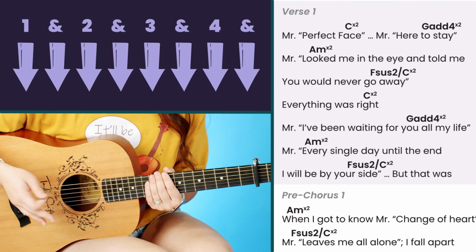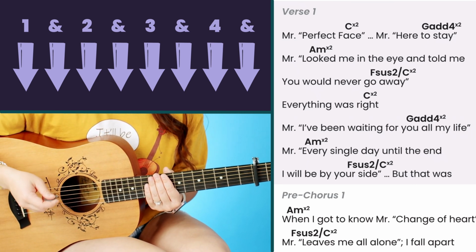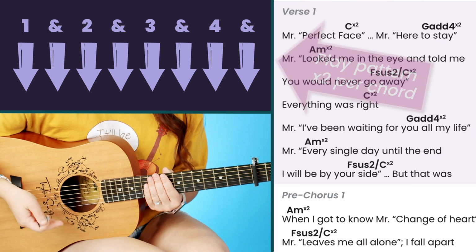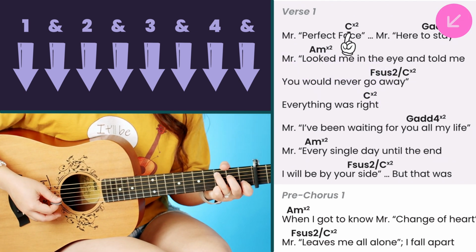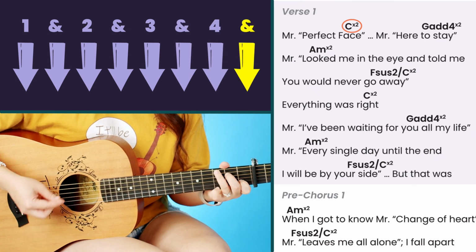It is going to feel a little fast because this song does move kind of quickly. But basically what you would do with this strumming pattern, just like the first one, is repeat the pattern twice per chord for most of the song. So again, starting here at the very beginning, we're starting on our C chord. You would have 1 and 2 and 3 and 4 and, to G,